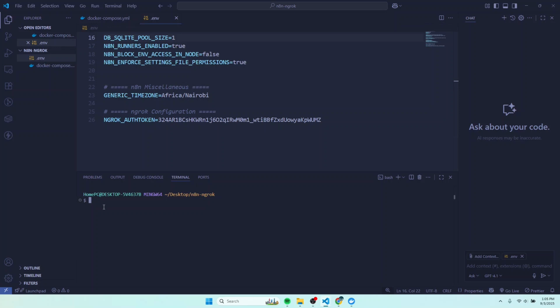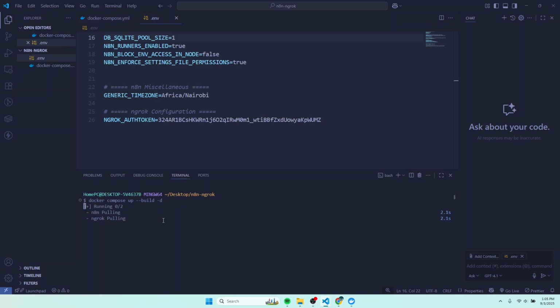So the command is only docker compose up. Then you pass the flags to build it, and you want to run it in a detached mode so that even if you kill the Visual Studio, your application is going to be running in the background as long as the Docker desktop is up. So after typing that, just press enter,